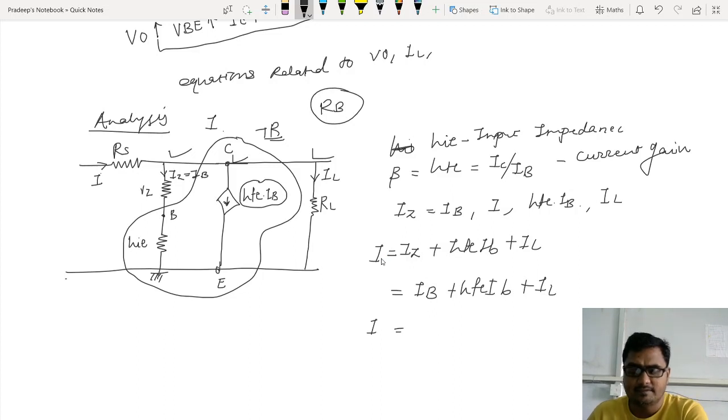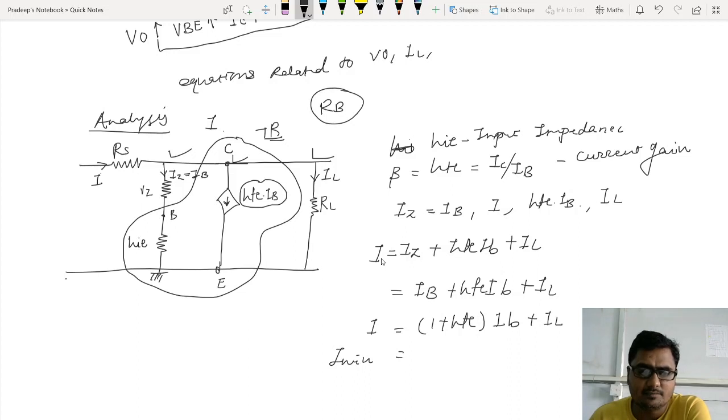So let me take this thing common as 1 plus HFE. Look at this, 1 plus HFE multiplied by IB plus IL. This is what the equation is. Whatever we are doing is to obtain this equation, I is equal to 1 plus HFE IB plus IL. If I want to calculate I minimum, then I am supposed to write 1 plus HFE multiplied by IB